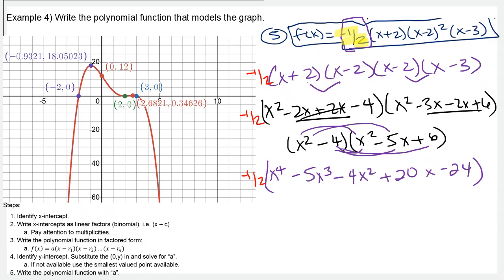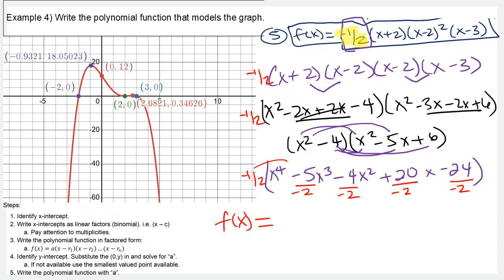So I'm going to distribute to all of my terms. When you're multiplying by negative a half, that's the same thing as dividing by negative 2. So I'm dividing this by negative 2, dividing this by negative 2, dividing this by negative 2, dividing this by negative 2. Okay? So when it's all said and done, our f of x equals